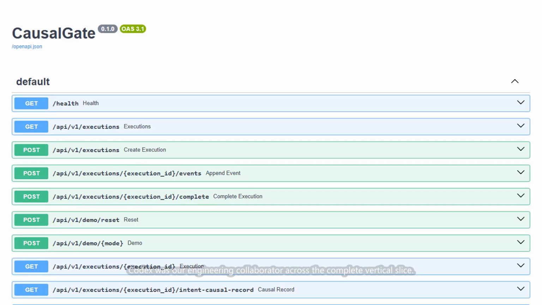Codex was our engineering collaborator across the complete vertical slice. It reviewed the product requirements and architecture, implemented and refined the typed Python SDK, FastAPI service, authorization engine, redaction boundary, replay and assured states, reactive investigation interface, framework adapters, and regression tests. It also drove browser QA, traced corrupted authorization evidence to redacted persistent events, fixed SQLite connection leaks, and verified the fixes. Developers can adopt CausalGate locally with decorators and redacted JSON lines, or export evidence from the authenticated API to a future team software-as-a-service control plane.